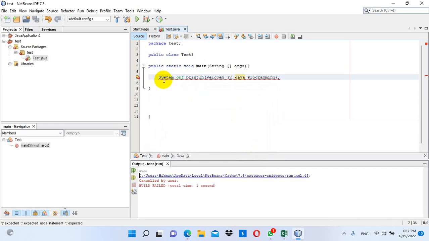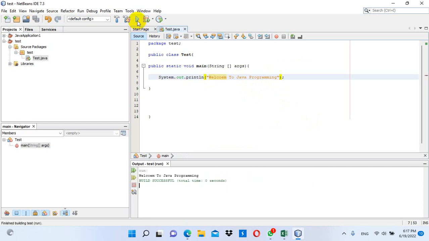It gives an error. There is a red line under our Java statement. Why? Because if you want a string or text to be printed, put it inside double quotation marks. Double quotation in here and also a double quotation mark in here. Now if I click the run button, we will see the result. Welcome to Java programming. Now you can see how to print the